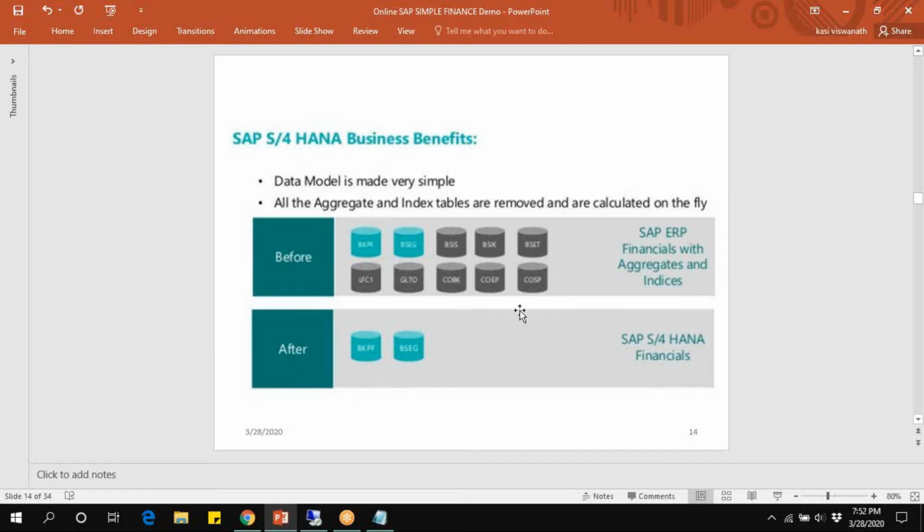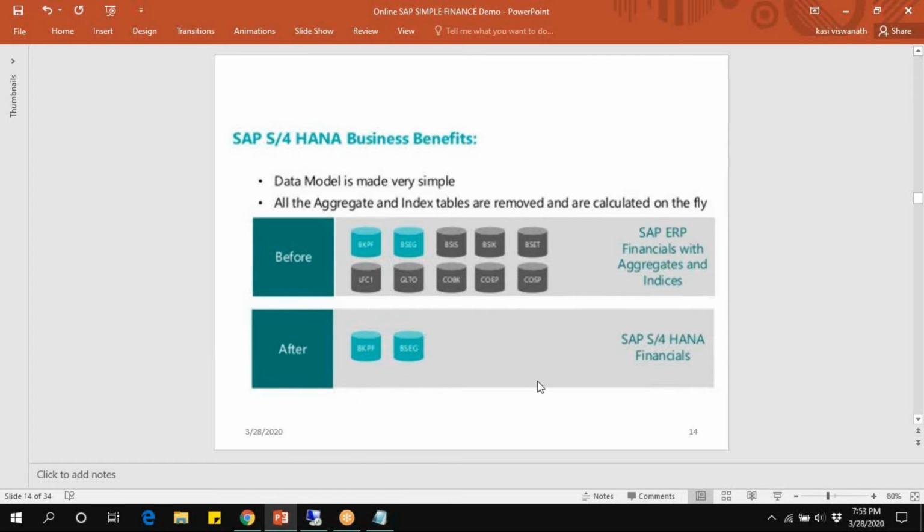Can I say all tables are removed? Some others said tables are removed. Frankly, from an SAP application point of view, none of the tables is removed. The other tables are migrated to the key table. Now the key table is BSEG. BSEG is the line item table.